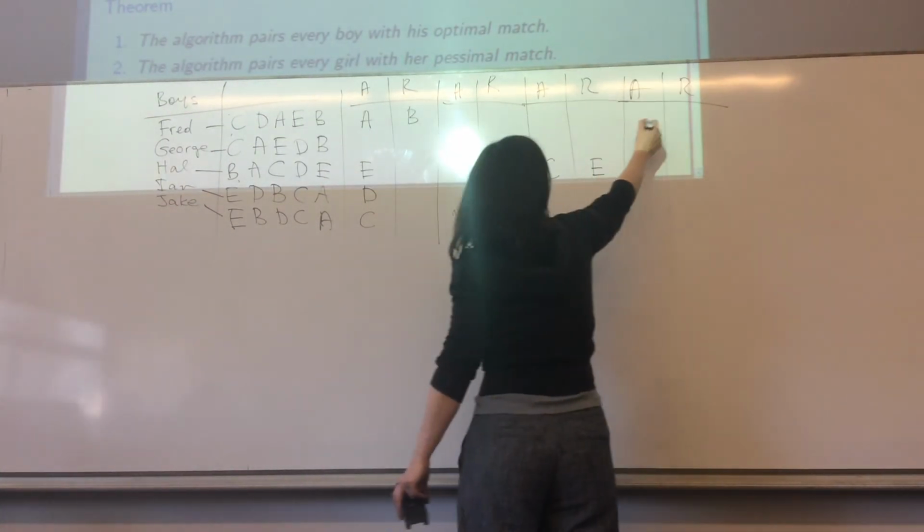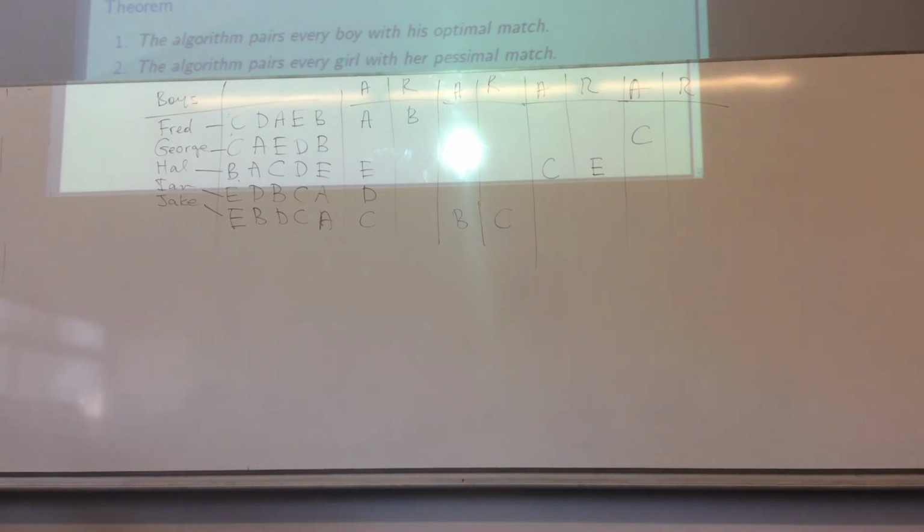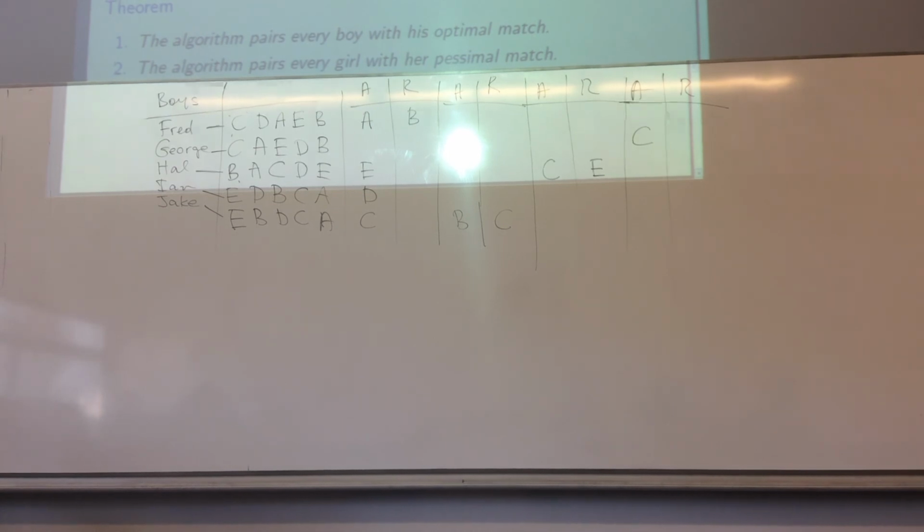Okay, so, congratulations. Is it the same marriage in the end? No. Amy is now married to Fred, is she? Yeah. And she was married to Hal, and indeed she likes Fred more than Hal, so when girls propose they do better. And you can check for everything. Okay, so let's have a little, maybe